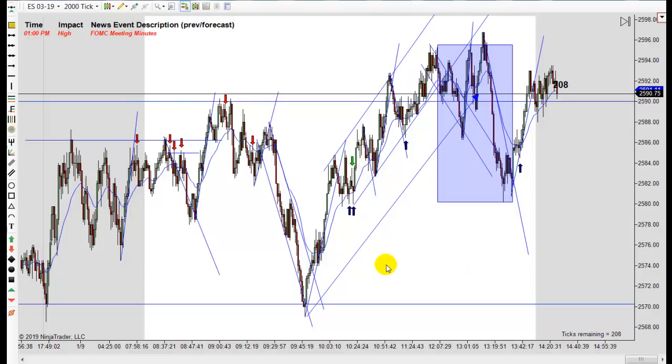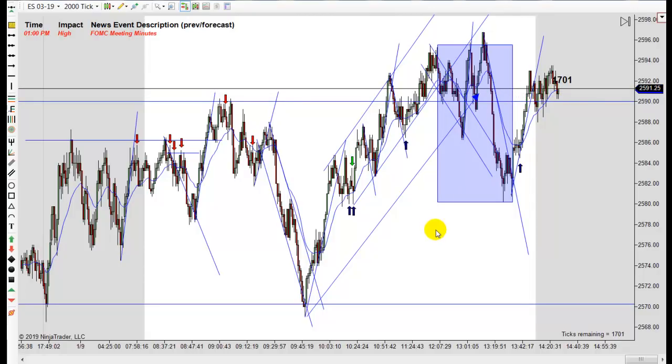There was an FOMC announcement today, and generally that'll just lead to a kind of a range day until that news comes out. And of course, if there's any surprises, a lot of times you'll get some big moves and some crazy price action. We got a little bit of action after it today, a little bit of a sell-off here, but it didn't last long. We just took it back and then went into this little sideways action